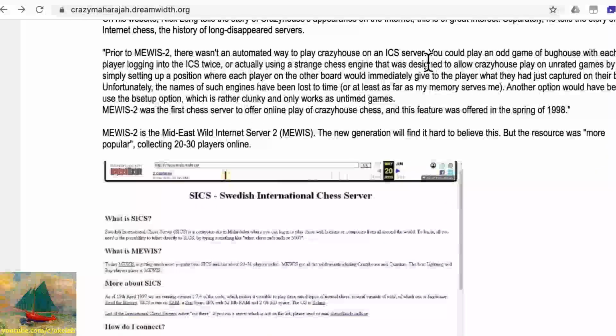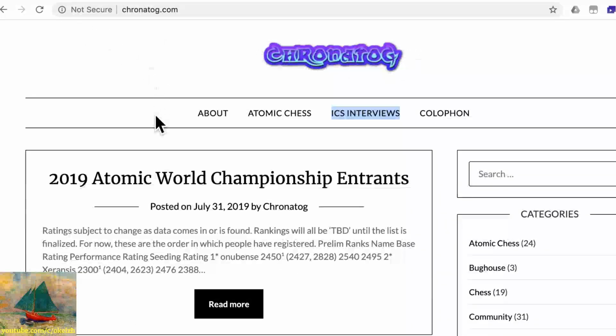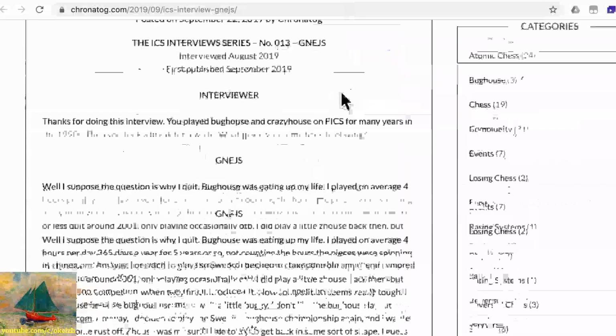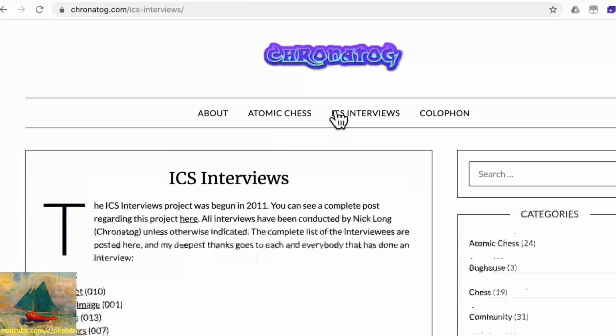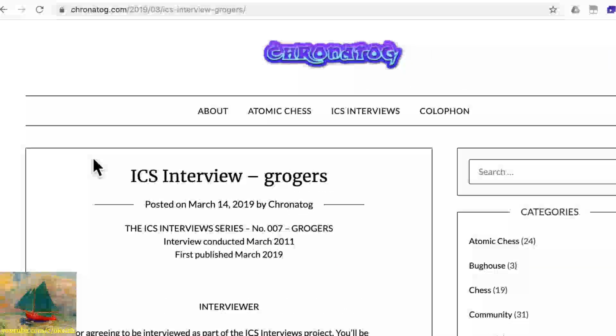About Nick Long, by the way, and I'm going to come back to this in a second. So Nick Long has got a new website called chronotog.com. It's mainly focused on atomic chess, but on that site you get, for example, an interview with Knežević, and you have so go ICS interviews. Click on that. I seem to have lost it. You also have an interview with G. Rogers, who at the time of the interview,